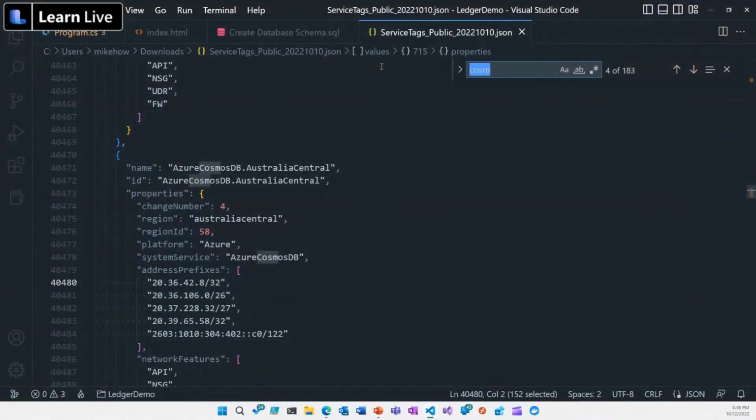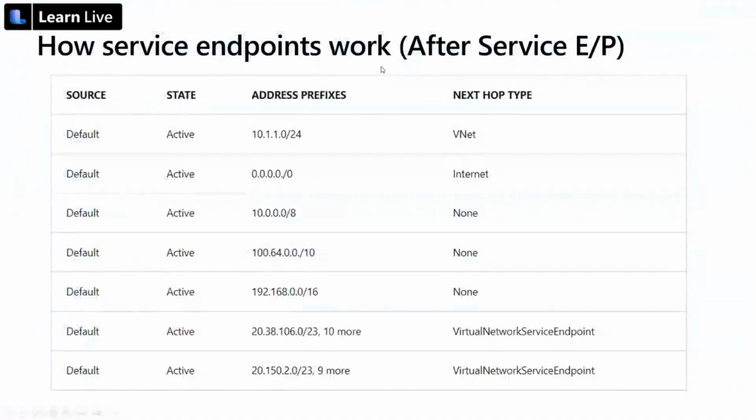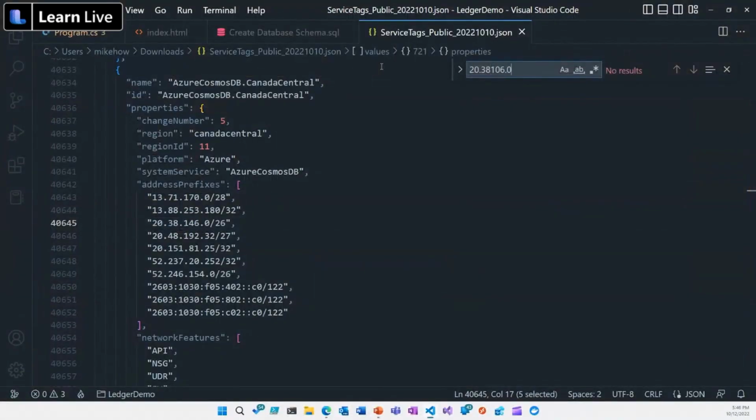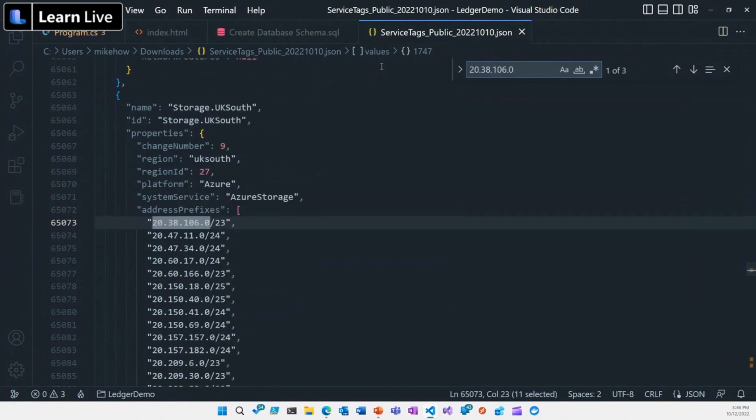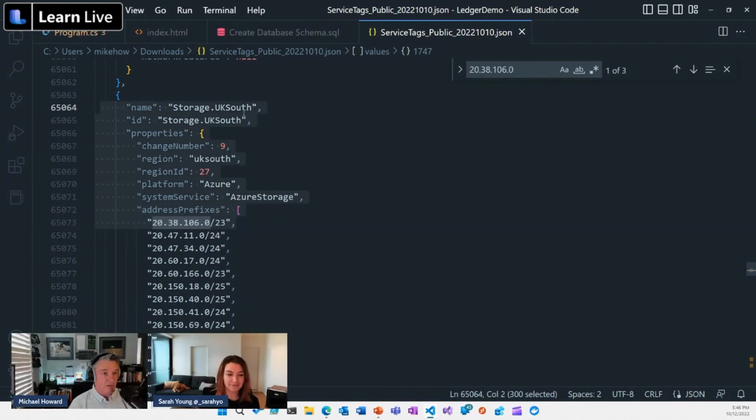So what did you say it was? 20.38.106.0. Oh, it helps if you get it right. Oh, look at that. Storage UK South.